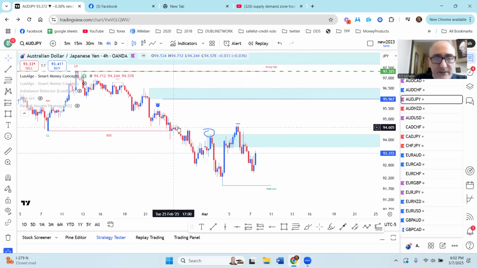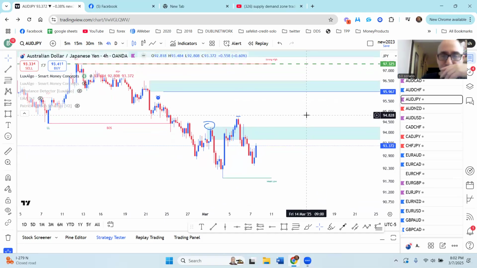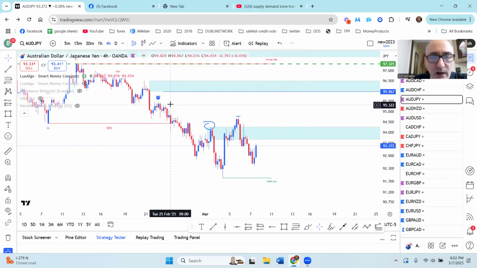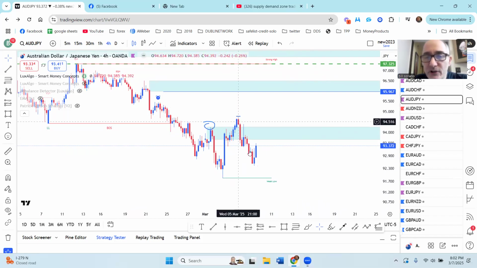Right here, you see we have these wicks. There's some liquidity there. There's liquidity there. There can't be liquidity and there can't be imbalances above. Okay. So for me, when this comes up here like this, because you have this liquidity here with these equal highs, you have these imbalances here and another 4 hour supply zone, this is still bearish to me. Now, the only way I would turn this bullish now is if before it breaks this low down here,